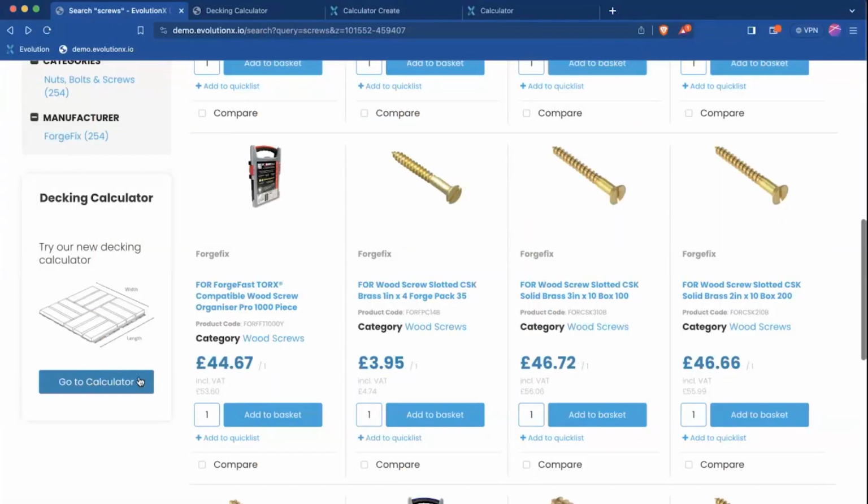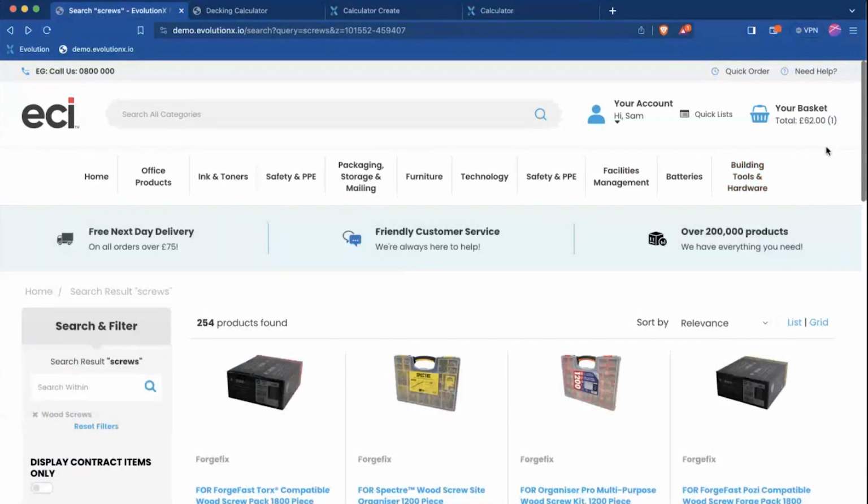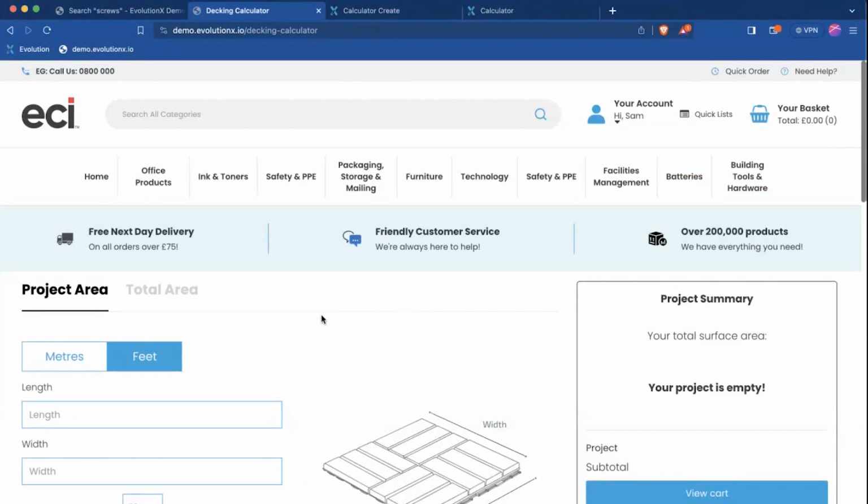Let's talk just today about the decking example here. In here, we create some imagery and things like that. This is a widget that's going to sit here. You can also add things up into your menu bar as well. You can add these features anywhere you want. And of course, they're just going to bring you to, in this case, the decking calculator for the DIY or